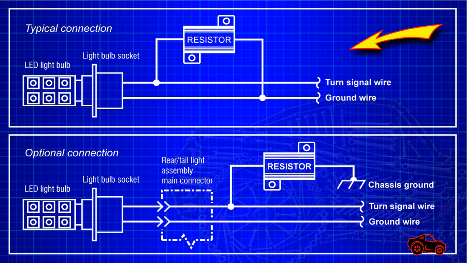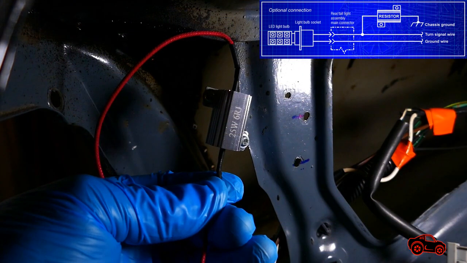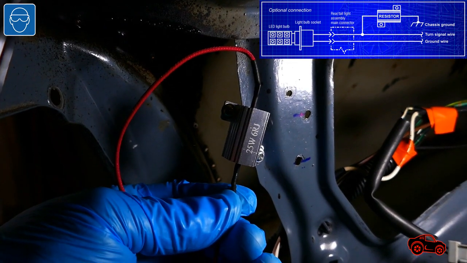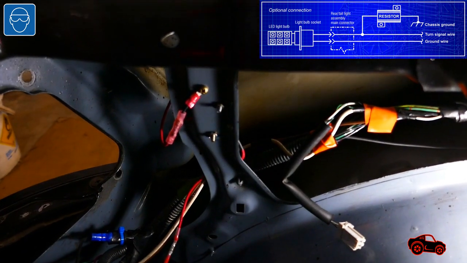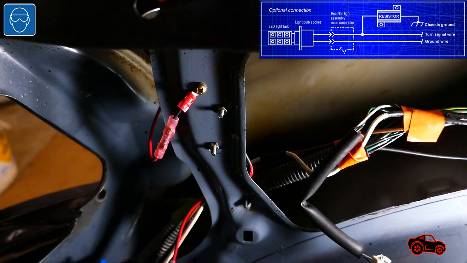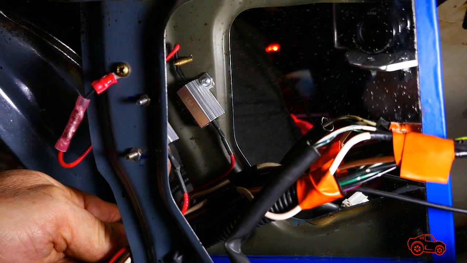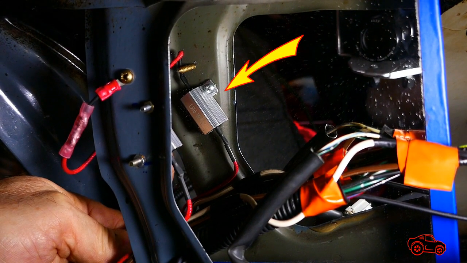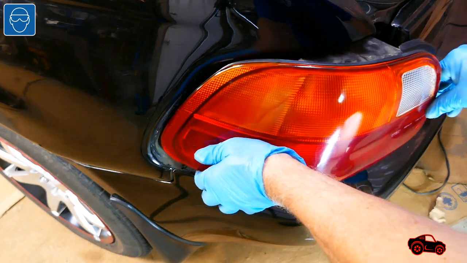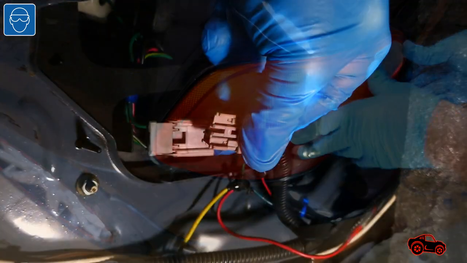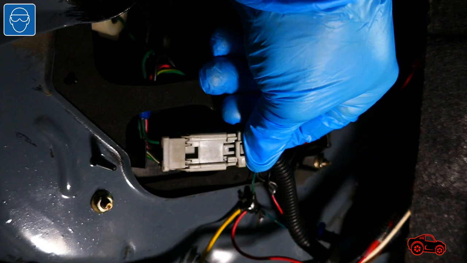Usually, a resistor is installed in parallel between the two wires that energize an LED light bulb. In my installation, it was a bit different, but I obtained the same result. I used the chassis structure to secure the resistors. I also connected each ground return wire directly to the chassis structure. Here, I used the mirror to show how I fastened the resistor behind this side panel. Not long after, I refitted the rear light assemblies and I reconnected the wire harness connectors.